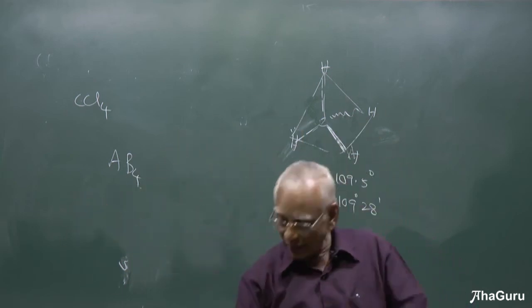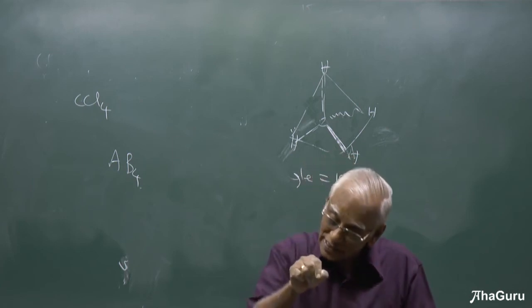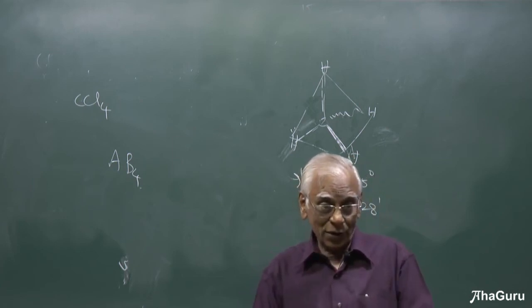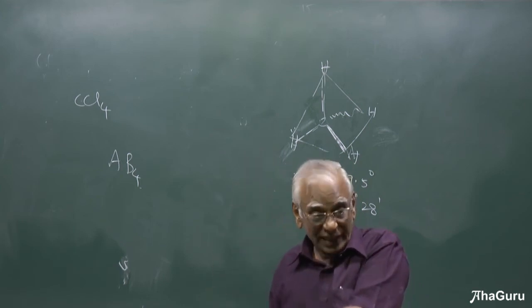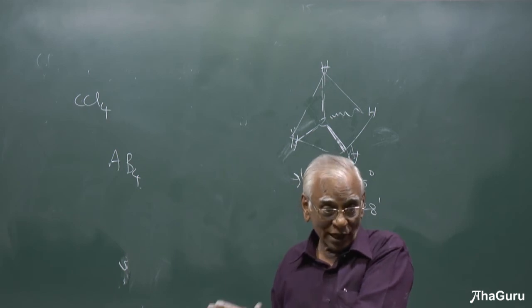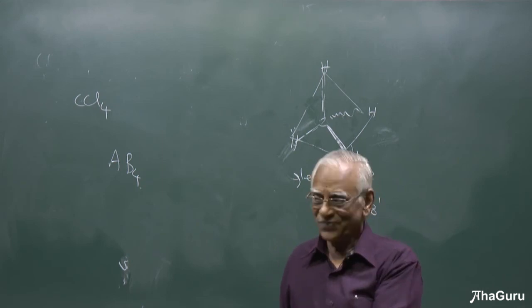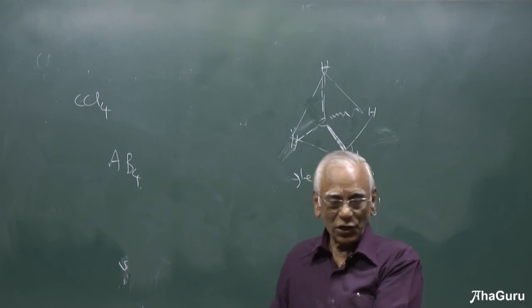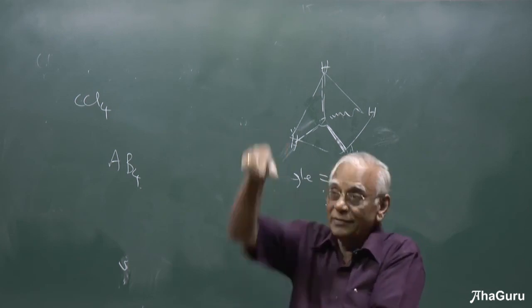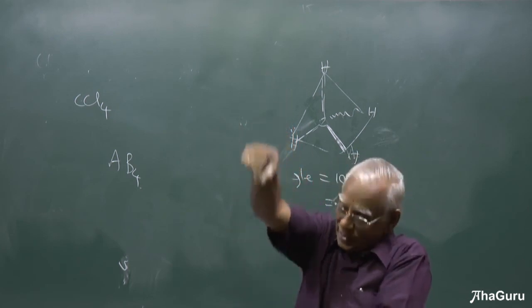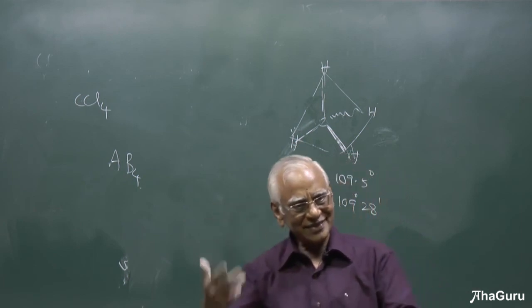So the carbon atom is in the middle of the tetrahedron. If you take only the faces and don't touch the carbon atom, then it's possible to have only 3 hydrogen atoms. If you cut that prism passing through the carbon atom, I have already taken hydrogen here, carbon here and hydrogen here. Isn't it one plane? Yes.